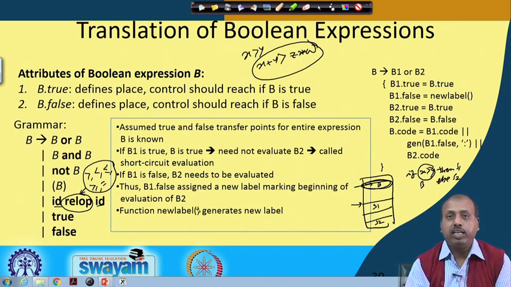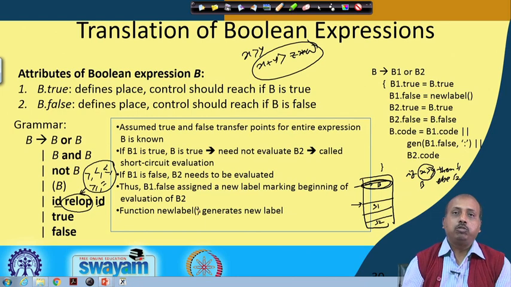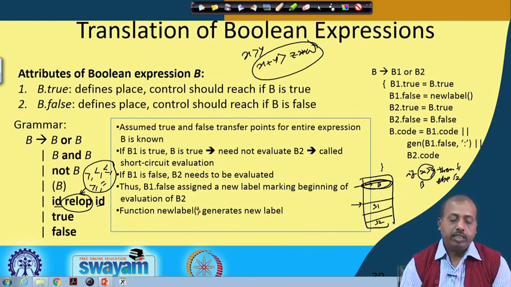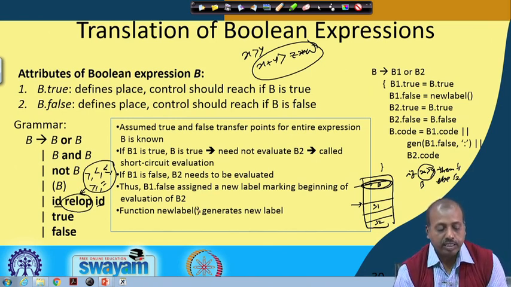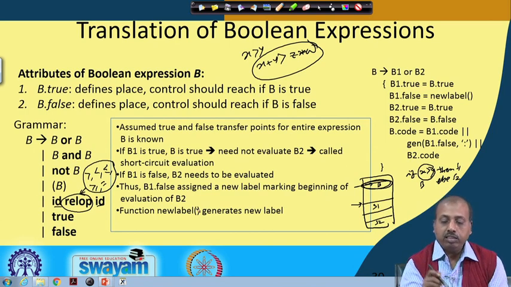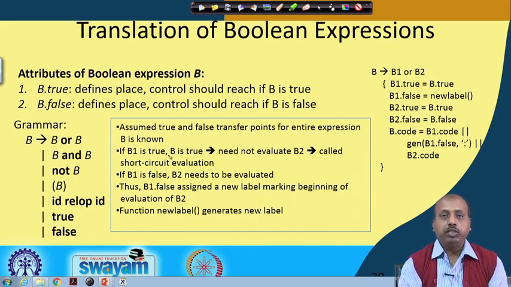That can be done, but for the sake of our understanding, because we do not want to bring arithmetic operators into consideration, they are not taken here. And then since it is a Boolean expression, we have two constant identifiers, true and false. They are also part of the grammar. So, this is the grammar that we have, and then we will see in the next class how to do code generation for the Boolean expressions.